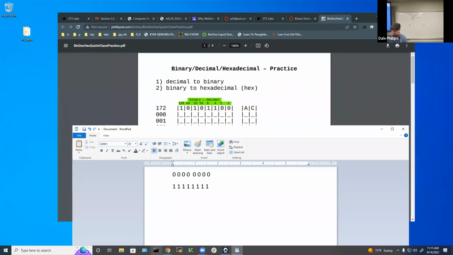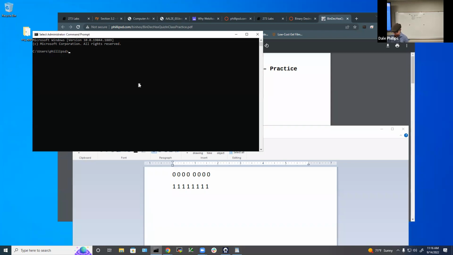I'll demo. You can follow along if you want, but no, you can't. With 8 bits, 255 is the highest number you can represent. Now, why did I use that? Well, if I go here,